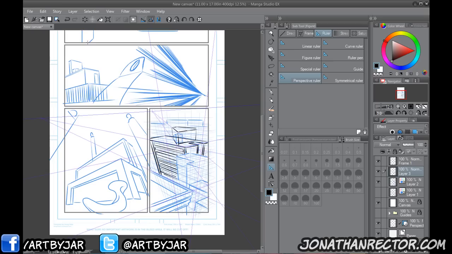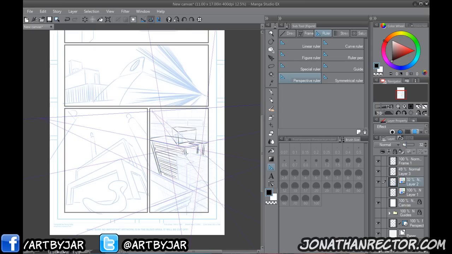If you are one of those people that likes to work with a grid and then build on top of it, I still highly recommend very quickly sketching in a rough idea in your head of a perspective on paper, then just snapping your perspective guides in there, and then just doing what I just did with the pen tool and just make a bajillion lines, and then you can lower the opacity, you can do whatever you want, right? You can lower all those lines so you can still see it, build your figures up, and then do it again. All very easy stuff.